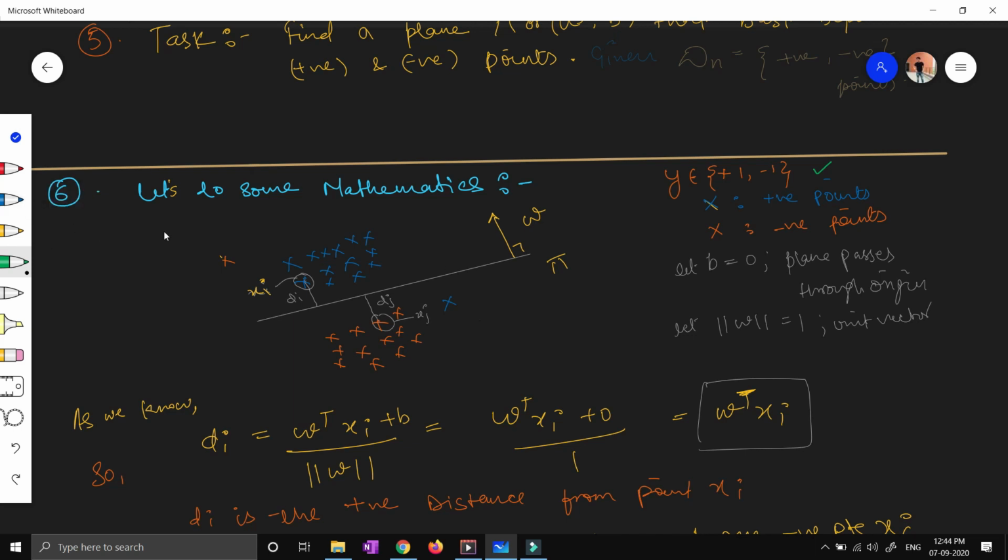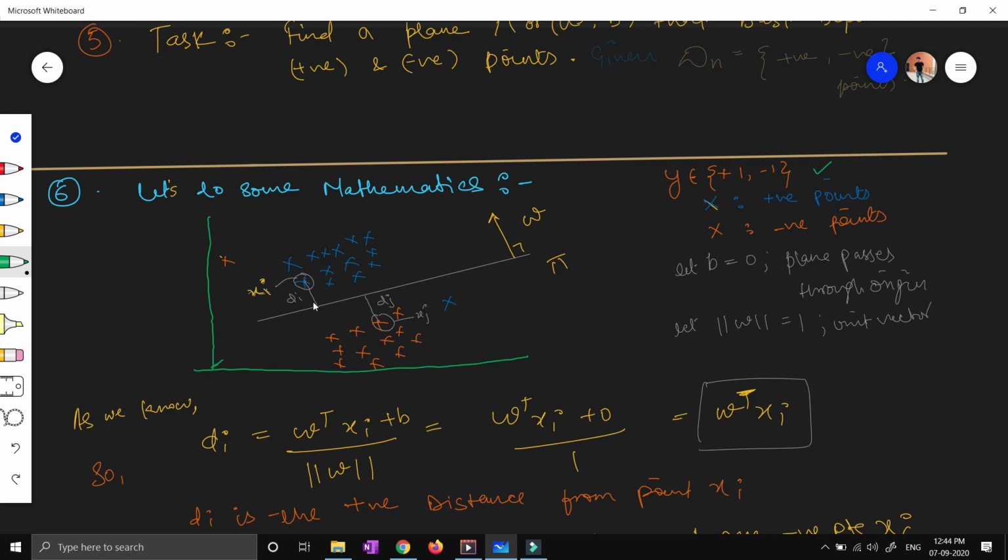So how does my plane pass through the origin? You can see over here, as in high school we have learned graphs. So this is my graph. Let's assume my plane is passing through this, like this is my plane. This is my 0, 0. So this particular line passes through the origin. It may be slightly off, but assume that it is passing through this, just for simplicity.